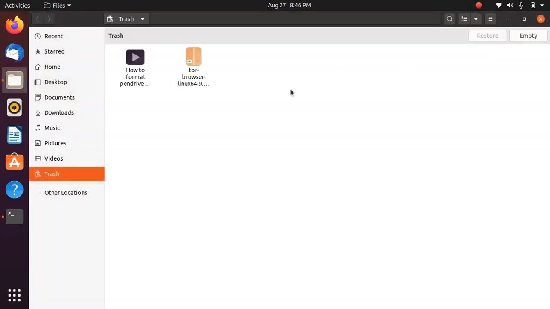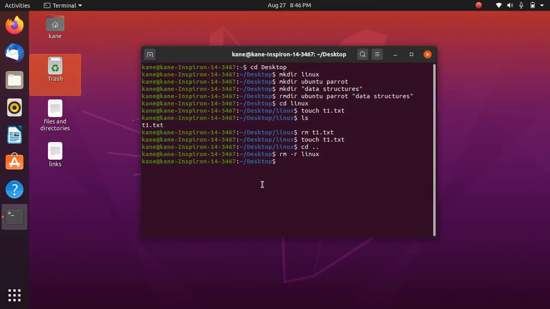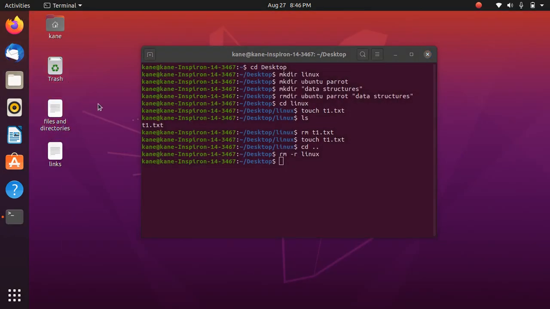As you can see here, I have opened the trash. There was nothing in it because we have permanently removed them from the system. So this is the rm command. The rm command is over, and now I will show you the change directory command.